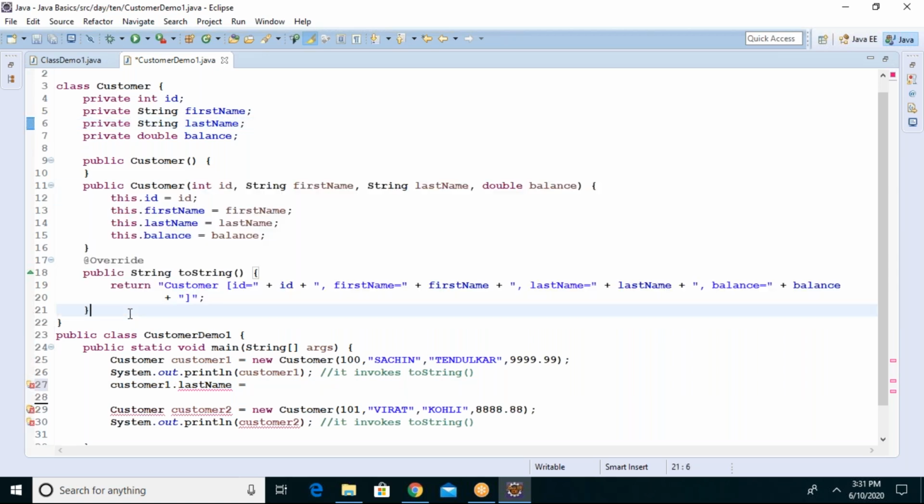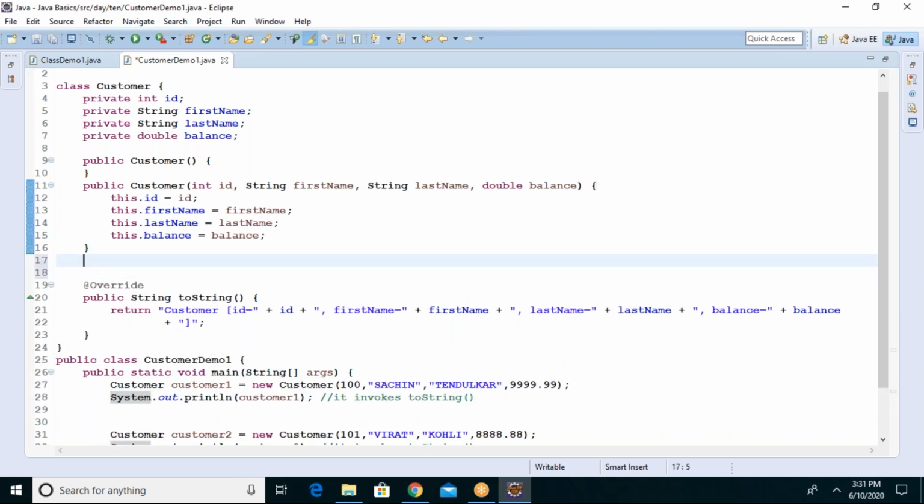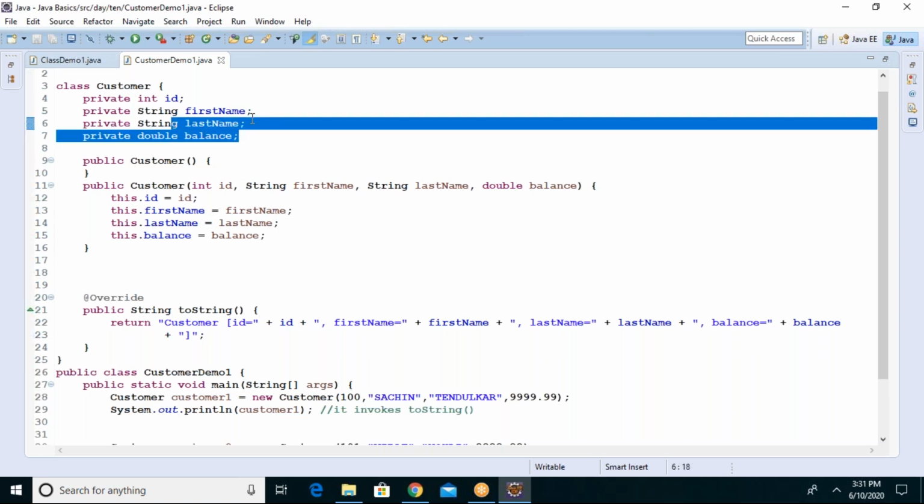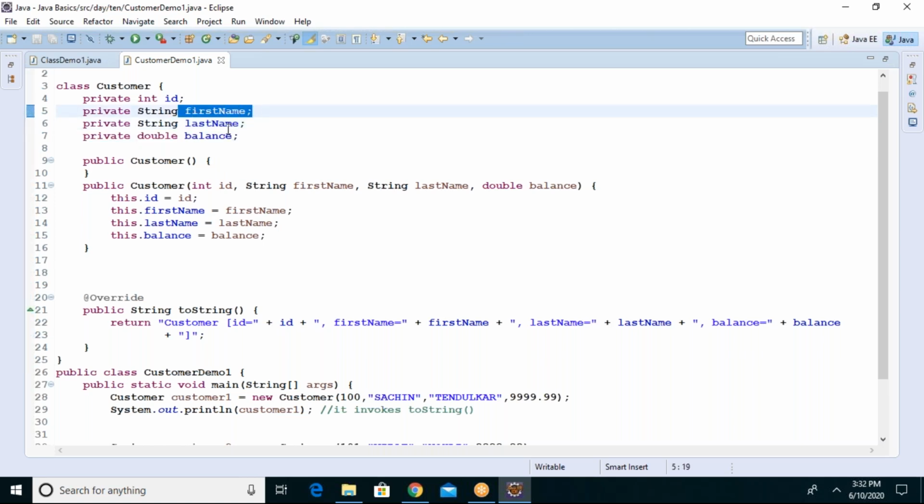Do you have such a method to do that? Maybe setters and getters method. Yes, fantastic. There are concepts called setters and getters. What do you mean by setter? Setter will be used to update or change the value of each property. Getter means I want to retrieve one particular property value, then go through getter.